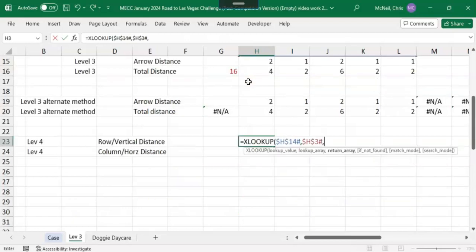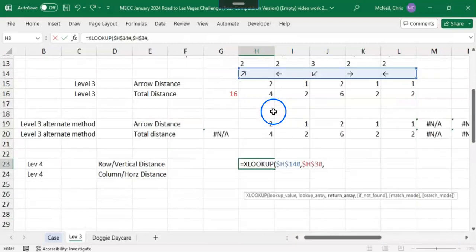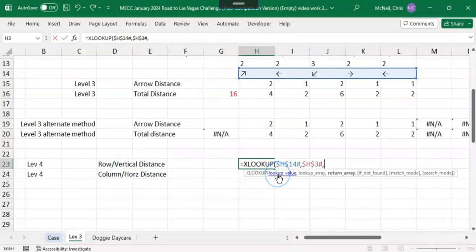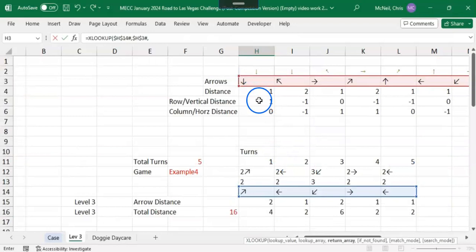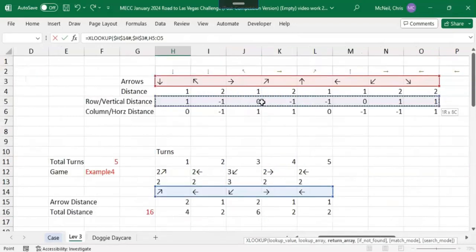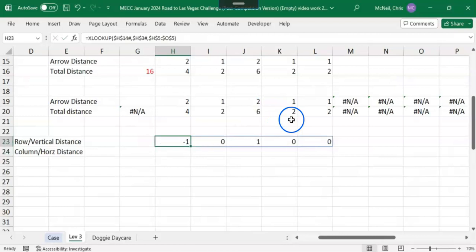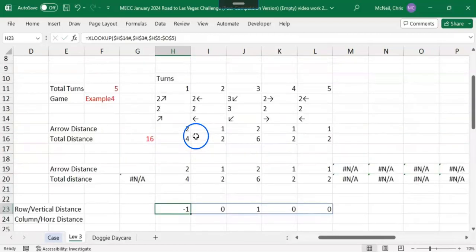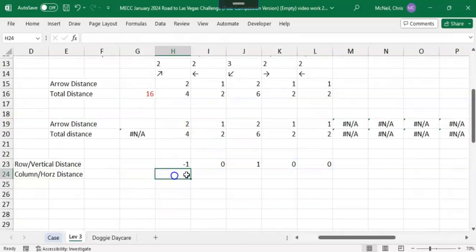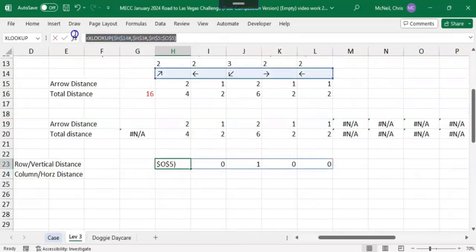All right, and what to return is we're doing the row vertical. So I'll pick that up, move that across, F4. Okay, I think we're good to go there. All right, so let's just look at that right quick. So again, I'm treating up as negative, so that is a negative. Okay, no change there on the vertical. All right, so it looks like we're working okay, and I'll just copy that and